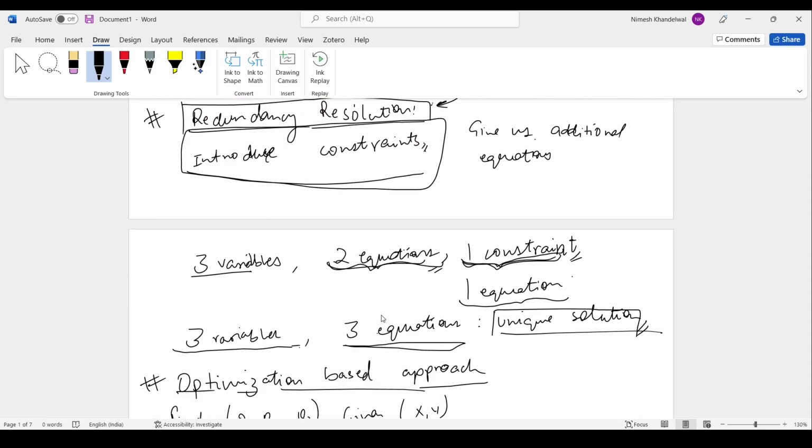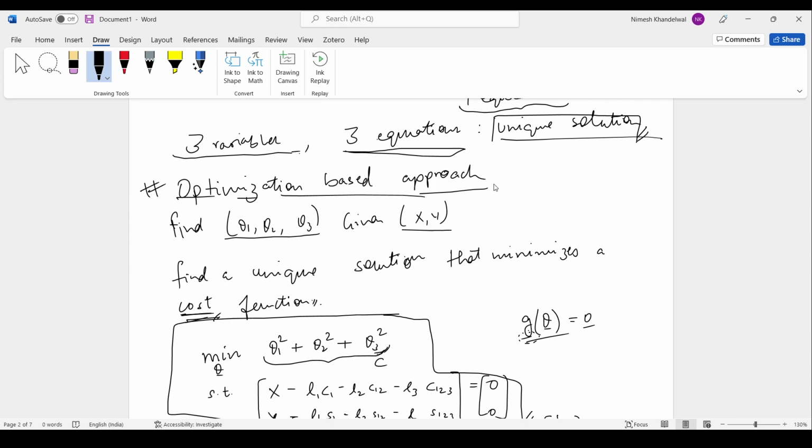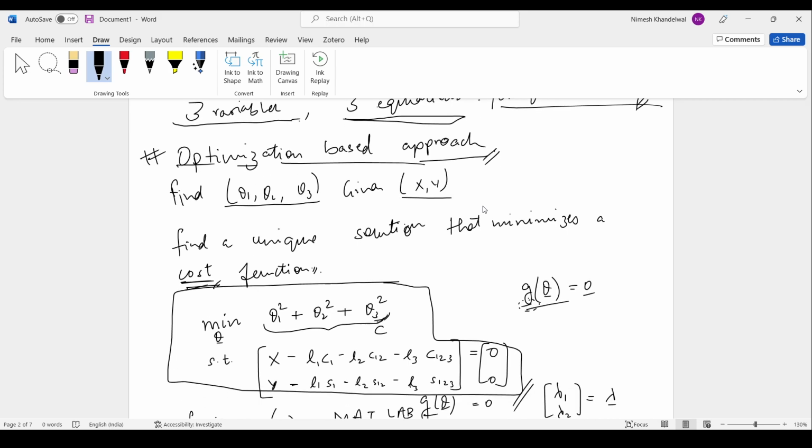So this is how the introduction of constraints works: we use additional constraints to resolve redundancy in manipulators. Another approach is the optimization-based approach. What is essentially done is, for the solution of nonlinear equations, whenever there are infinite